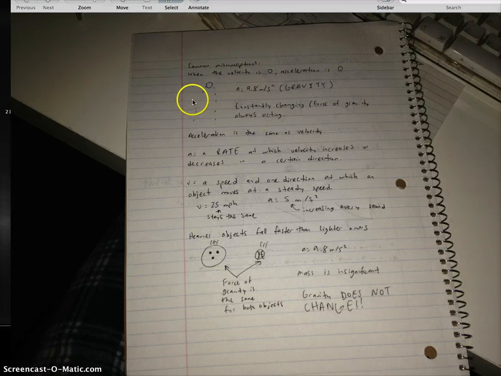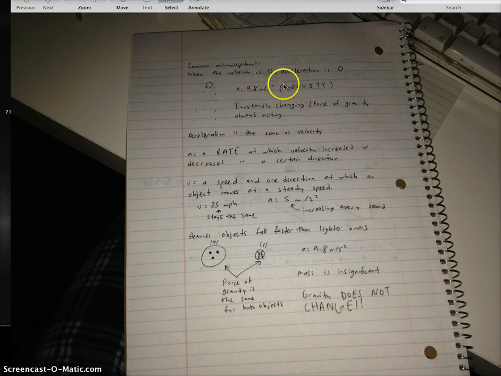If a ball is thrown up and it reaches its highest point, its velocity is zero. It doesn't necessarily mean that the acceleration is zero, because there's a constant acceleration due to gravity on all objects of 9.8 meters per second squared. So the velocity of this ball is constantly changing. The acceleration isn't zero because its overall velocity is constantly changing due to gravity, so this idea would be